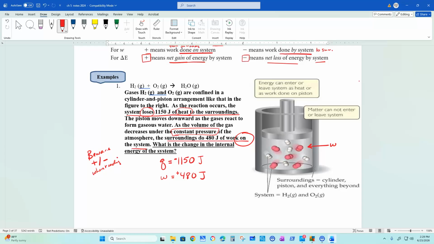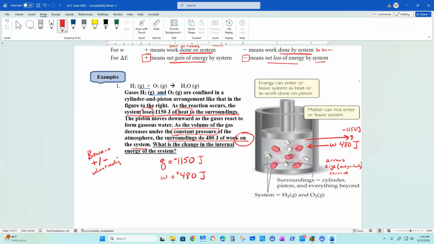So my W is coming in, 480 joules, but my heat is coming out. With heat, not only is it an arrow, but it's an arrow that's twice as big because it's not the same quantities. So when you draw your arrows, make sure that the size, which we call magnitude, is correct. So my Q is coming out as my work is coming into the system.